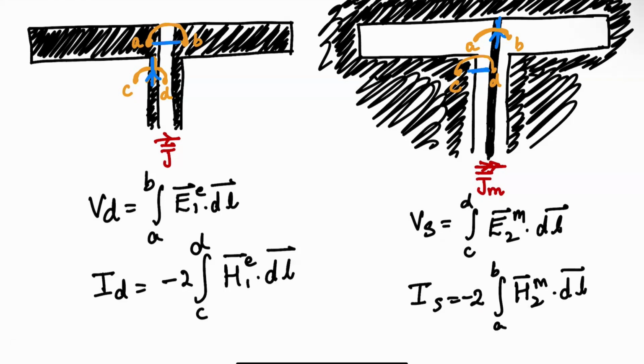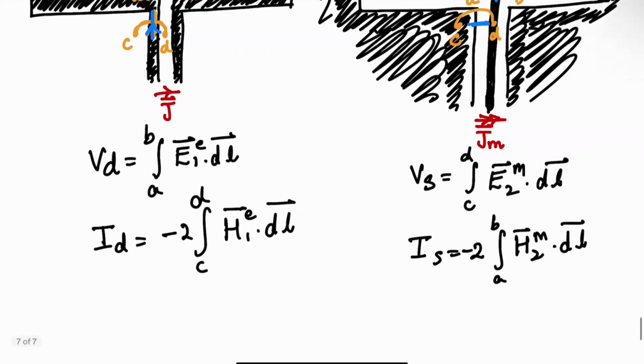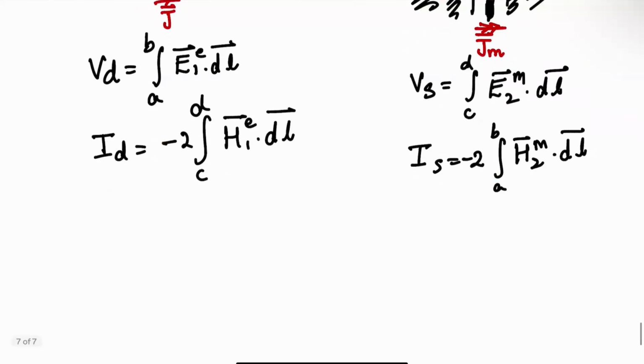And there should be a minus here as well. Okay, so these are the relationships. Now I can apply Babinet's theorem to these. That would give me V_D equal to minus eta times the integral from A to B